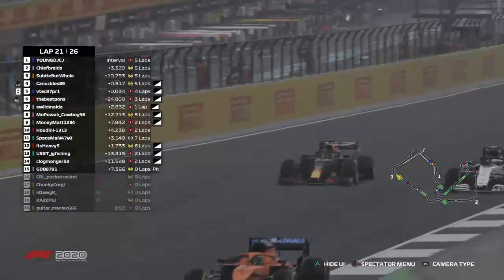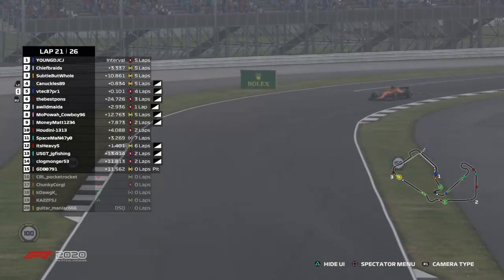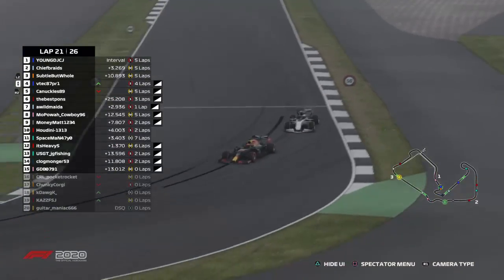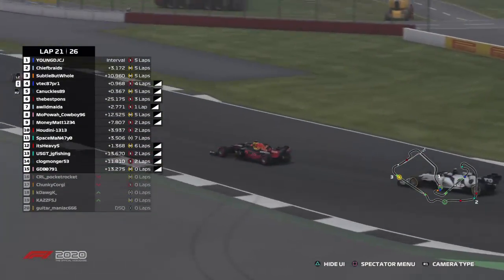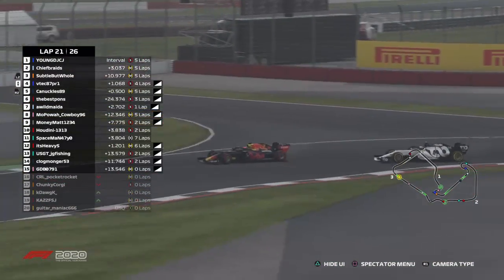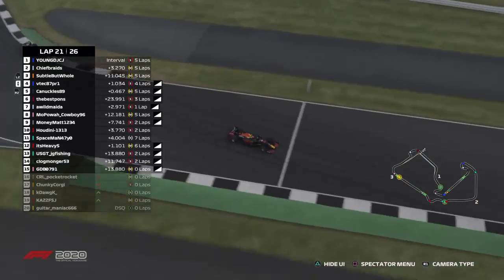Down the inside he goes. Side by side, heading towards turn 1. How is this going to play out here, as they're still side by side now, and it is going to be the Red Bull of VTech who gets ahead of the AlphaTauri. VTech up in P4, Knuckles down in P5 now, and they are both going to try to chase down Subtle